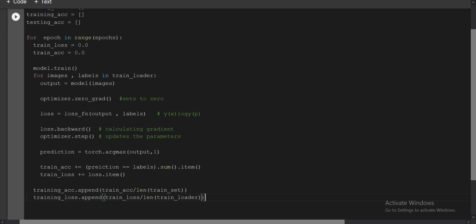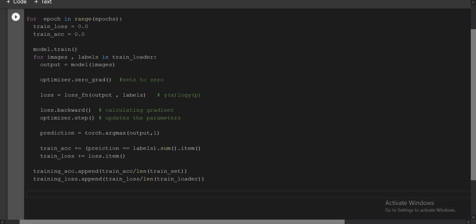So you don't have to define it with the train set, you have to define it only with the train loader. Approximately 938 is the total number of iterations this loop will run to complete one epoch. For the first epoch, if the loss comes out something like 0.0 something, it has already been divided by the batch size of 64. That is what you are doing here. This was the whole concept of the training.